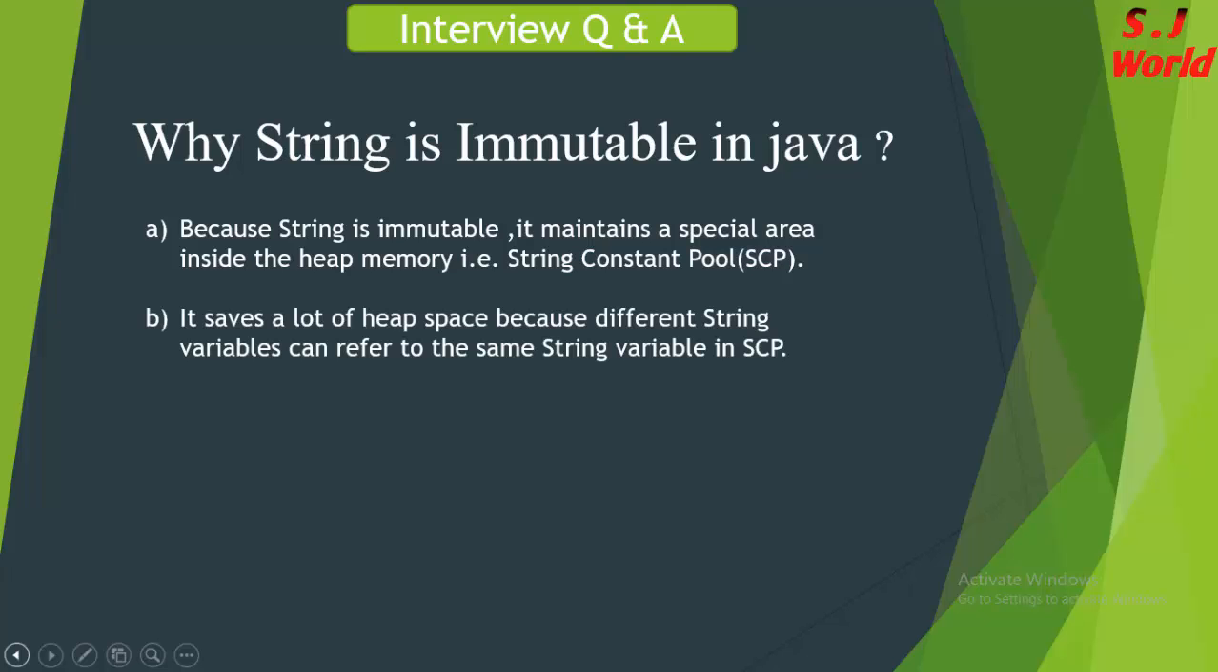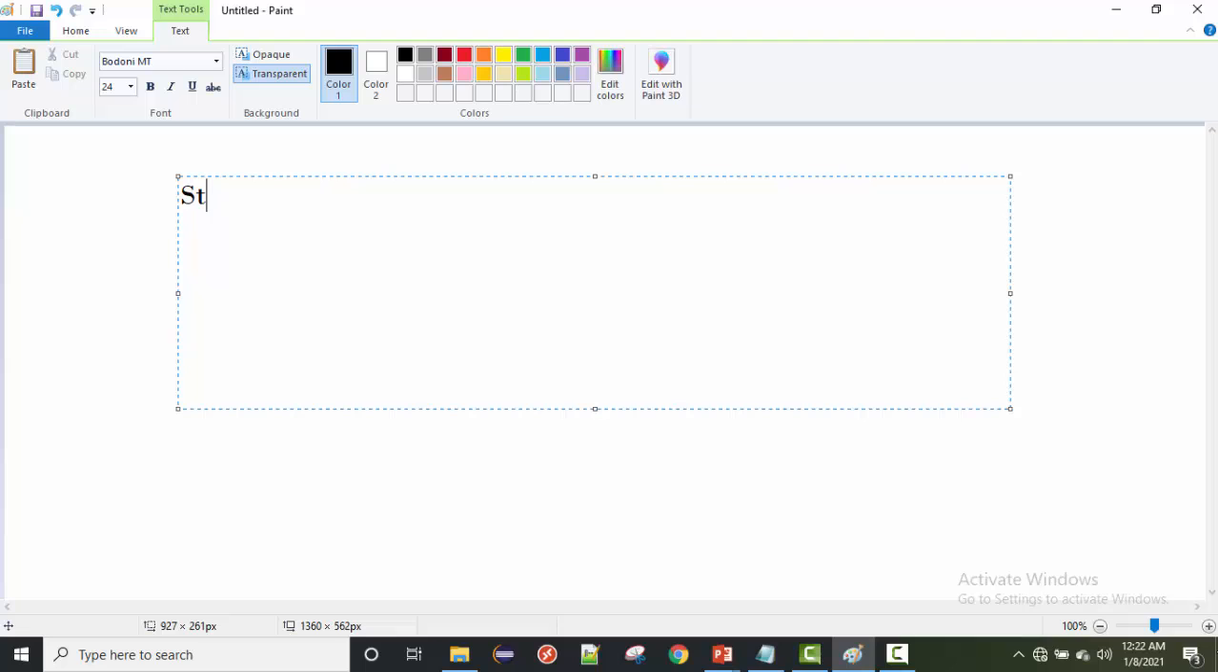The second thing is it saves a lot of heap space, because, as I told, different string variables can refer to the same object in the SCP. Suppose I have a string s1 equal to "hello", and again I create one string s2 and store "hello" here also. When the JVM executes the first line, it is going to create